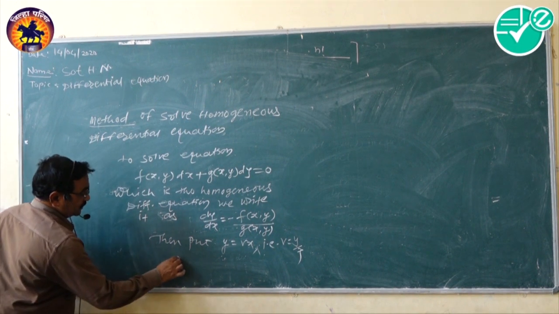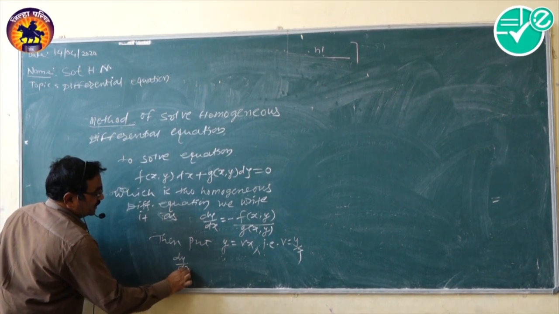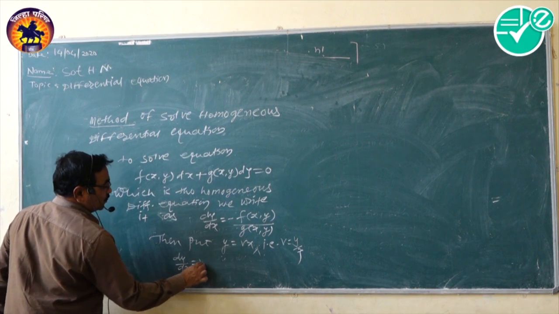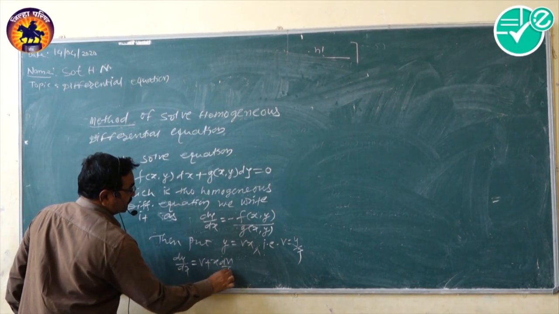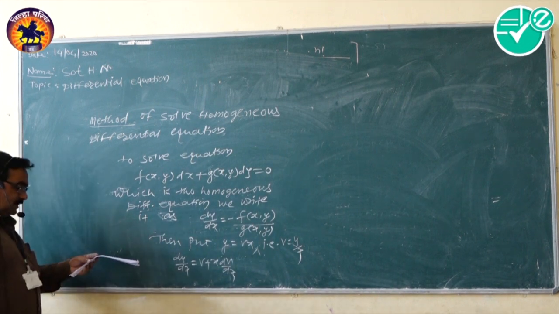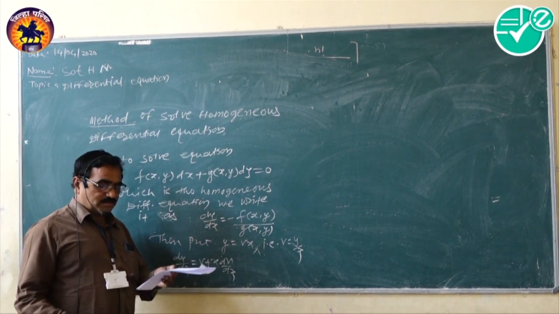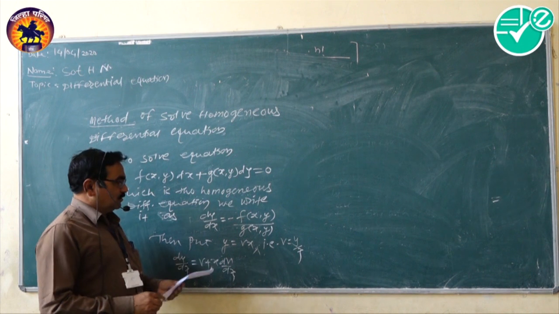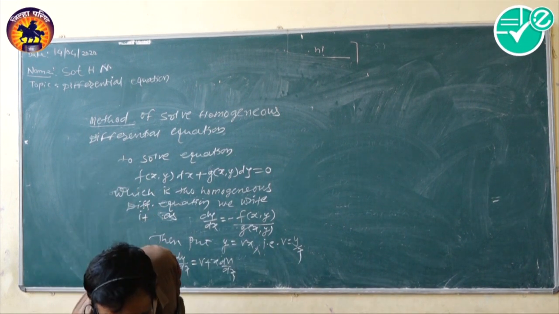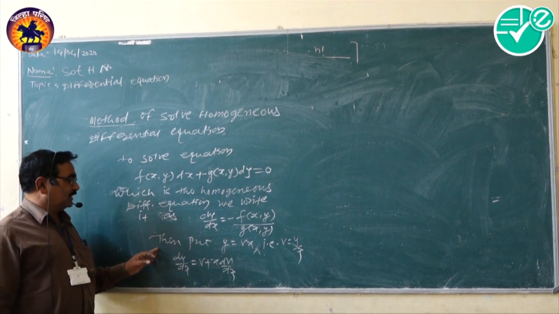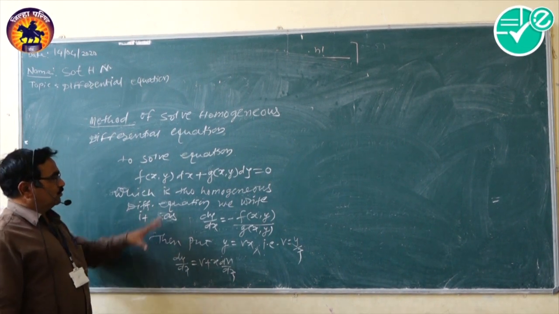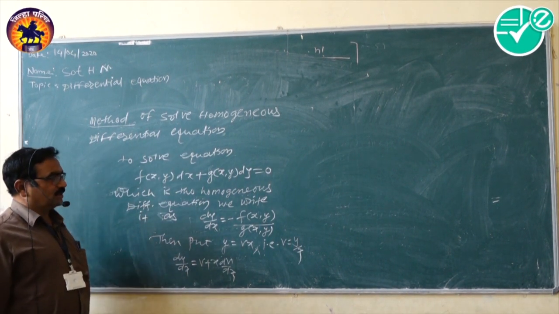This becomes dy/dx = v + x dv/dx. In this form, the variable y is replaced by v. Using this method, we can solve the